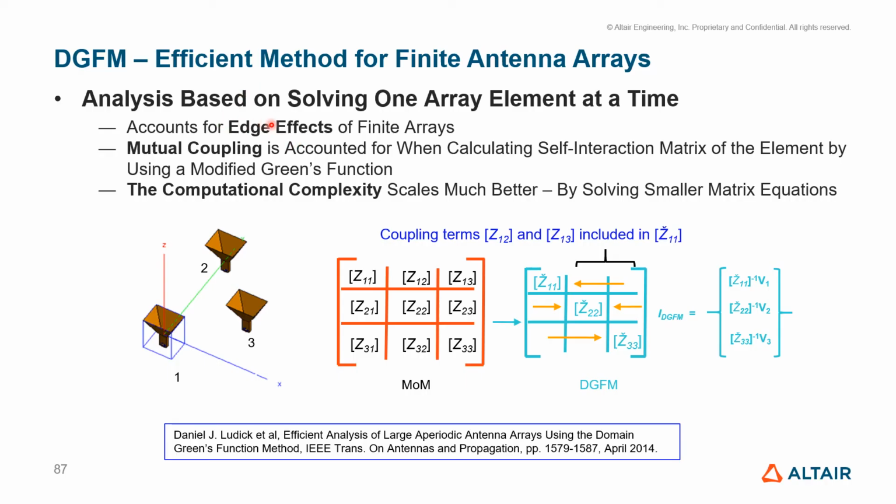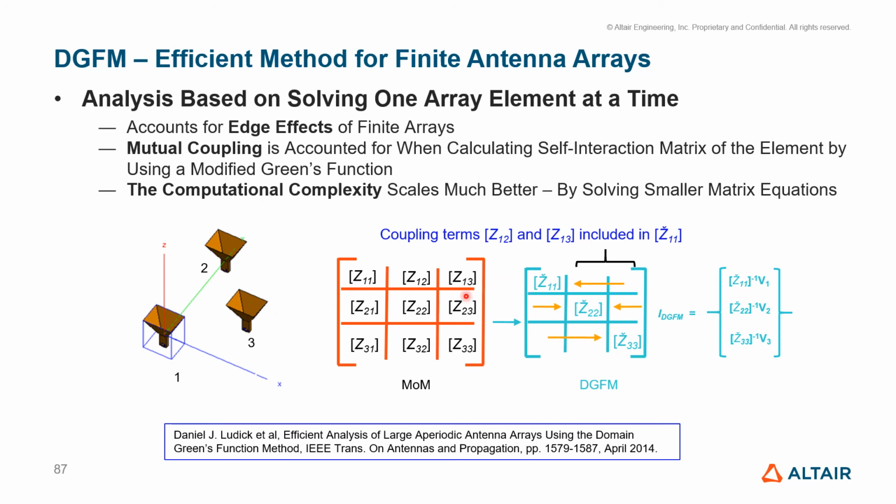So DGFM is based on method of moments. It accounts for edge effects of the finite arrays, and also it accounts for mutual coupling. The way it works is that all the elements in an array have to be identical, and of course they don't need to be periodic. They can be arbitrarily placed anywhere you like, but as long as each element is identical to the other element,